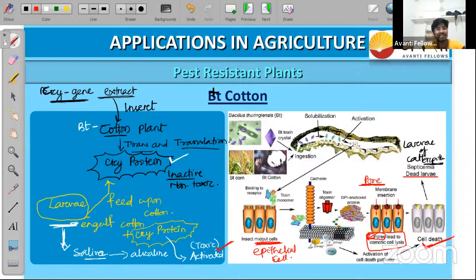Inactive भी नहीं है, activated भी नहीं है, proteins will be like in like dead form. ठीक है,